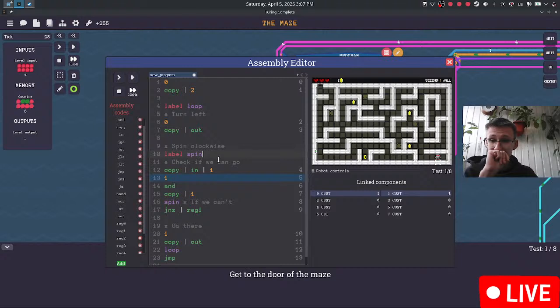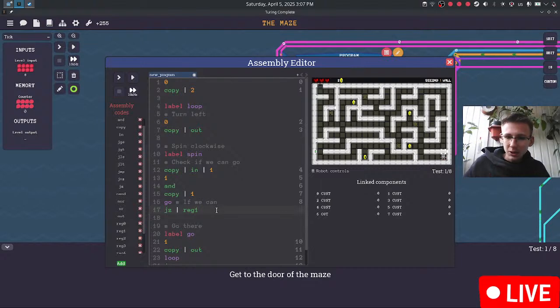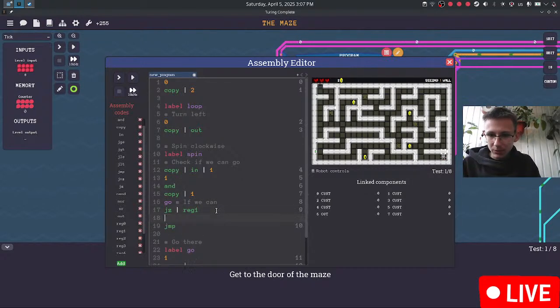Okay, so we need to spin right, unless we come from here. So we need to, if we can, go. Let's just do go and jump 0, and this is gonna be label go. If we can't, we're gonna jump to spin. Spin if we can't. So if we can't, we're gonna jump to spin, but before that we're gonna output turn right. So the spin itself. So this is